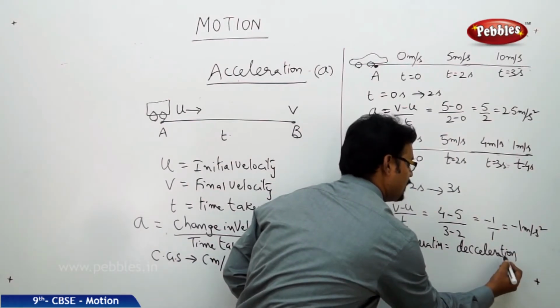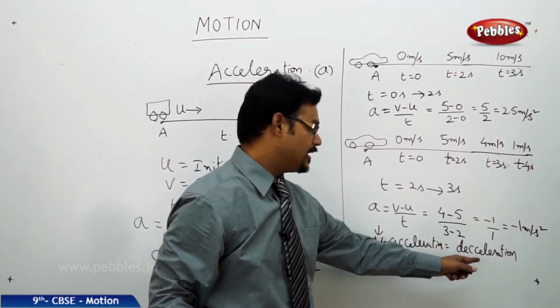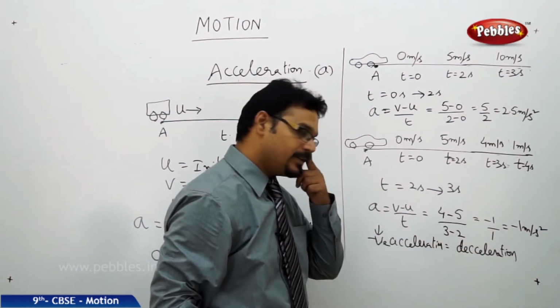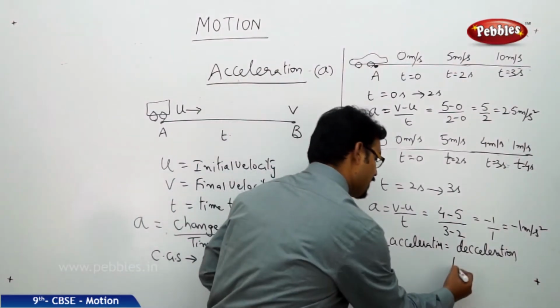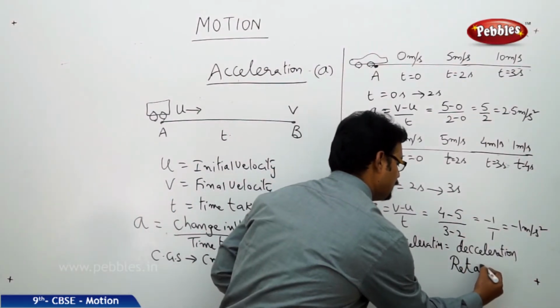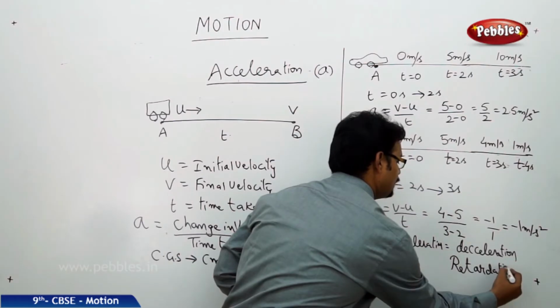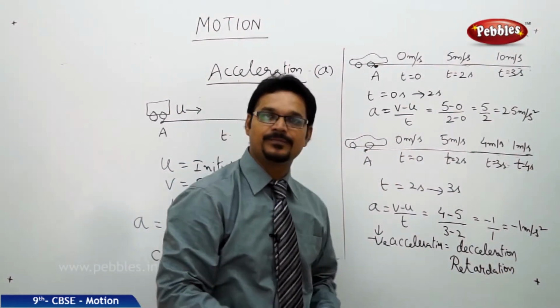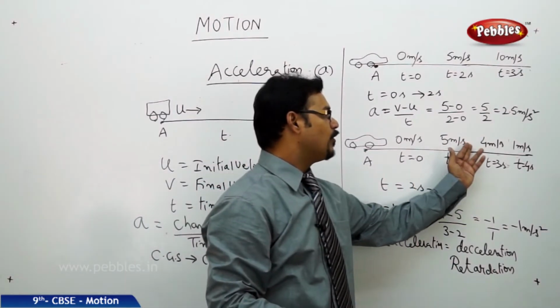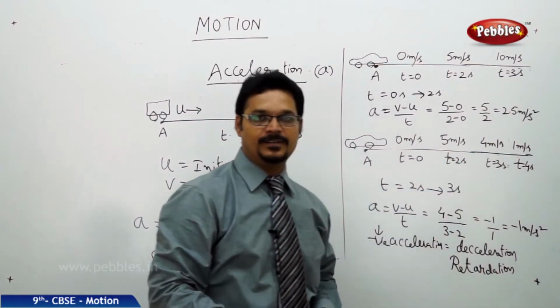See the spelling carefully. D-E-C-E-L-E-R-A-T-I-O-N, deceleration. Sometimes it is also called retardation. So, whichever word you feel is easier, use that word. So, this is retardation. Now, if I go from 4 meters per second to 1 meter per second, what is